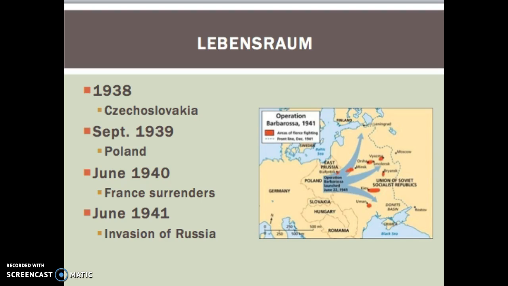Great Britain wasn't alone for long, however. In June of 1941, the Germans launched a massive invasion of Russia. Again, Russia was seen as Lebensraum for Germany. Russian people were considered to be inferior. So were the Ukrainians, who also lived within Russia. These peoples were considered to be inferior, and so therefore Germany's expansion into Russia was thought to be justified.